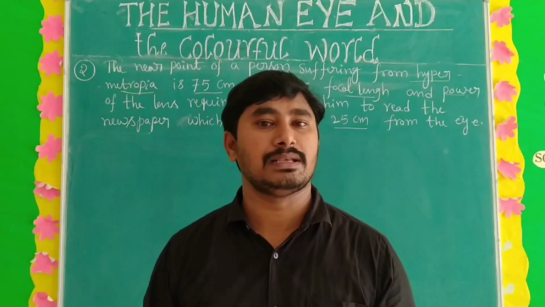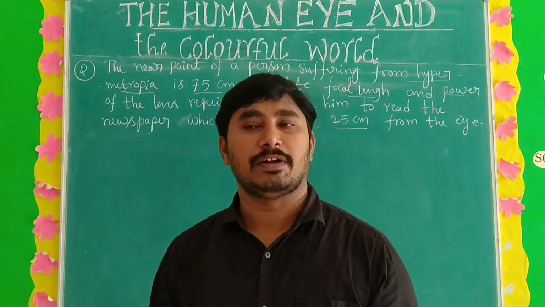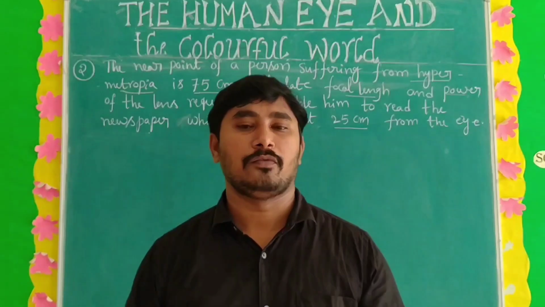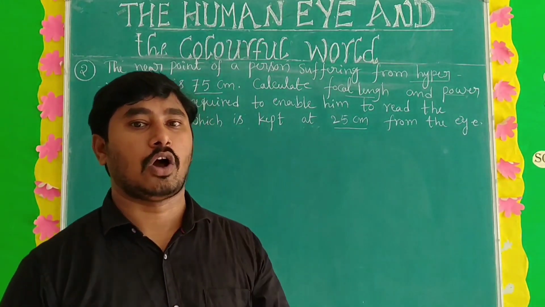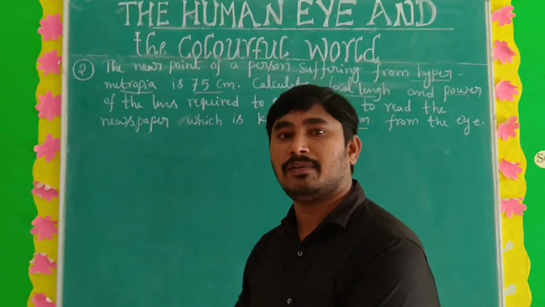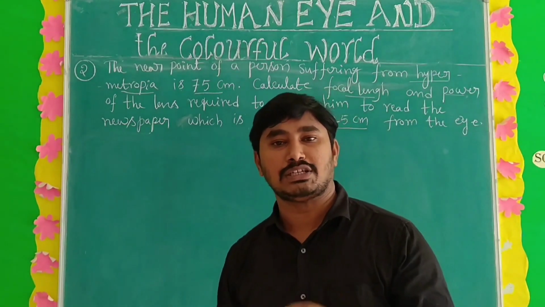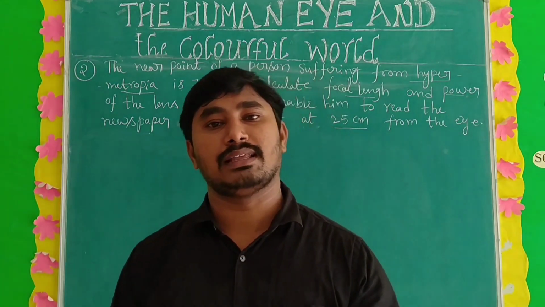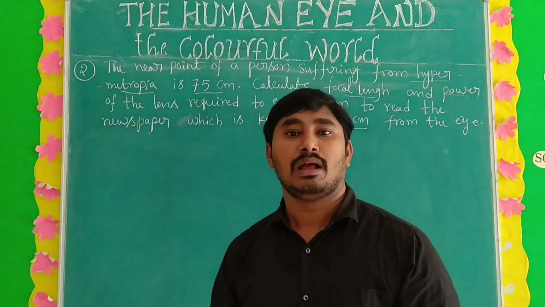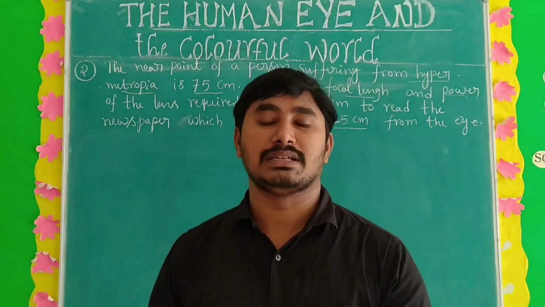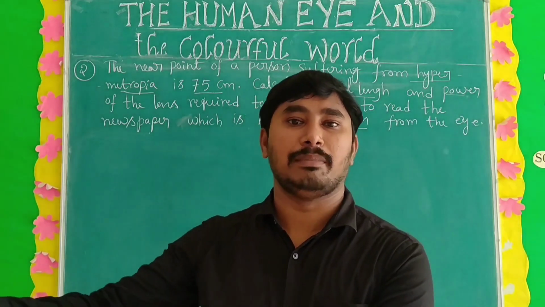Hypermetropia is nothing but far sight or long sightedness. So in this defect, what is the correction for hypermetropia? The correction is a convex lens. And the power of a convex lens is always positive, so we must get the power and focal length as positive only. One more important point: in hypermetropia, object distance is less than image distance.